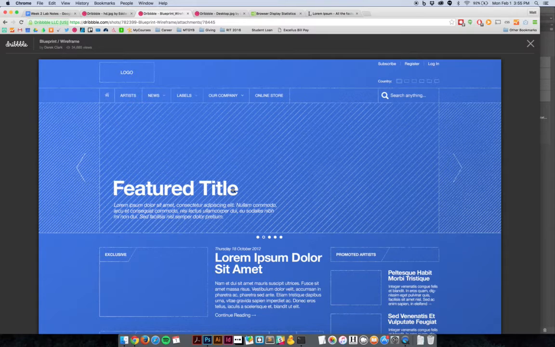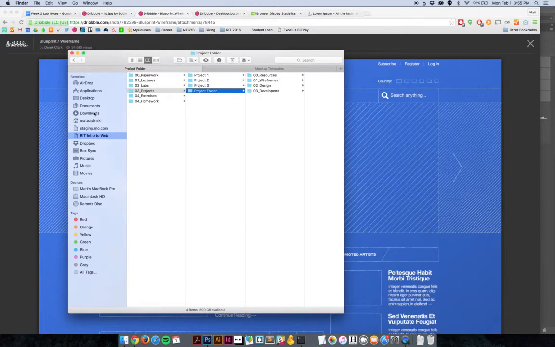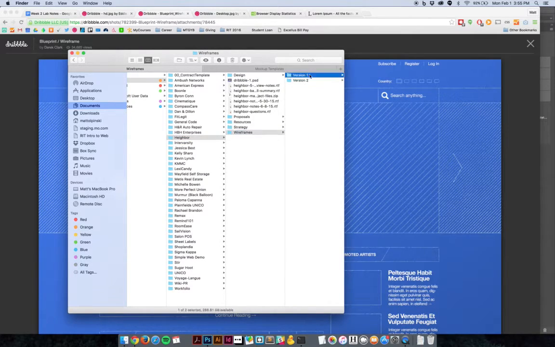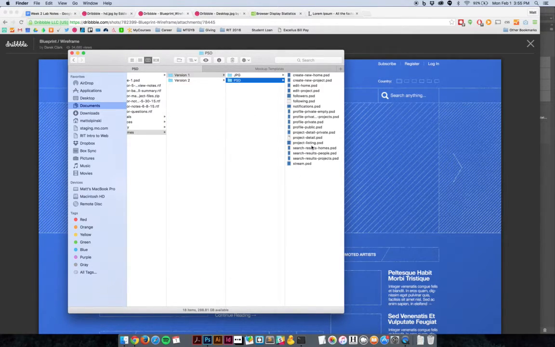And you're welcome to do a multi-page website for your first project, but try not to overwhelm yourself. Which brings me to my last point, converting a wireframe into a design. And this is for those of you who want to move ahead. I'm going to talk about this again on Friday, but basically, let me bring up a project that I did a couple months ago. And we'll go grab this